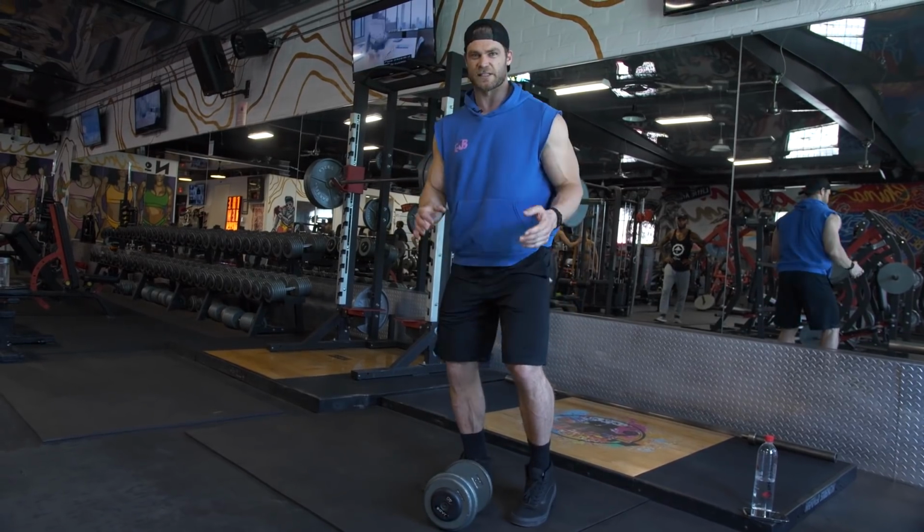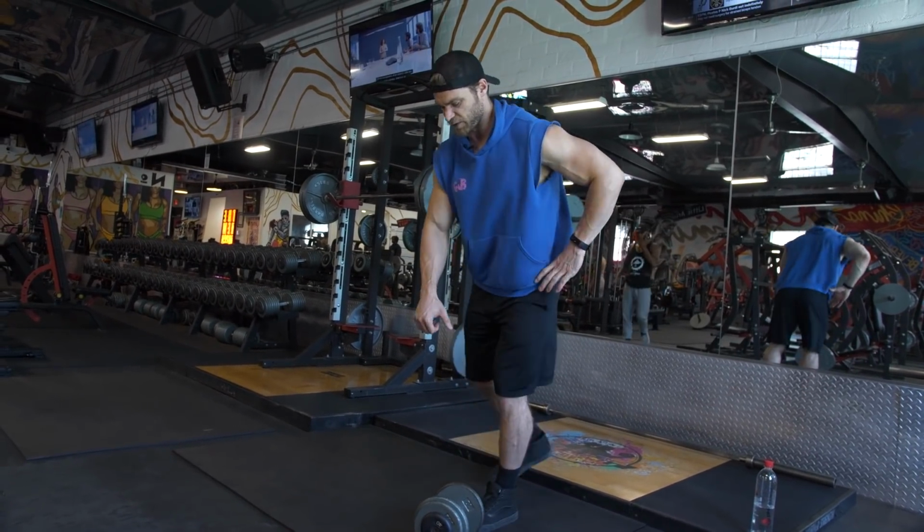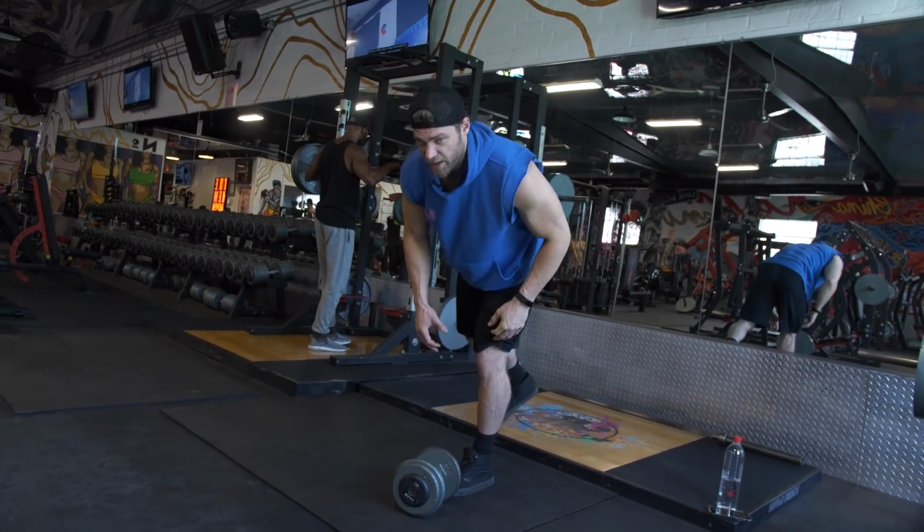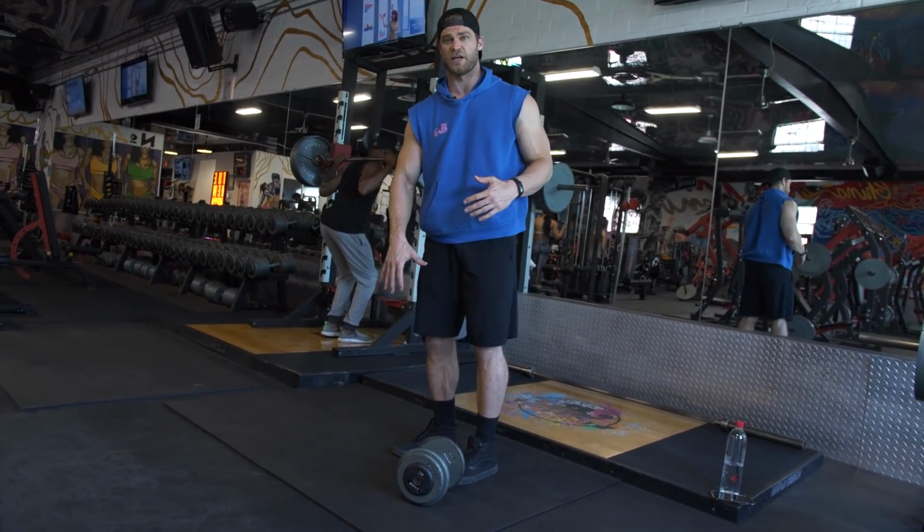There we go. Now a couple of things you gotta remember in this one is once you get down to this position, you wanna keep that nice rigid and straight torso. You don't wanna flex in the spine and you don't wanna reach too much, because the more you reach,